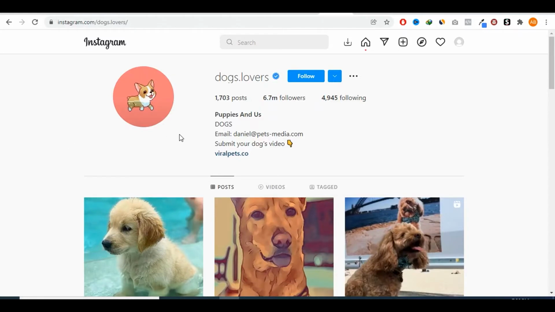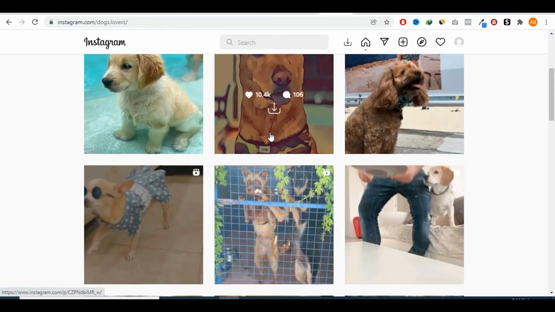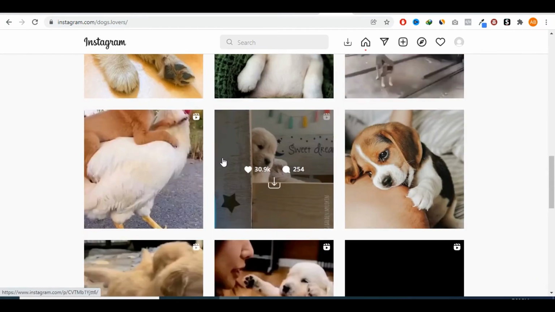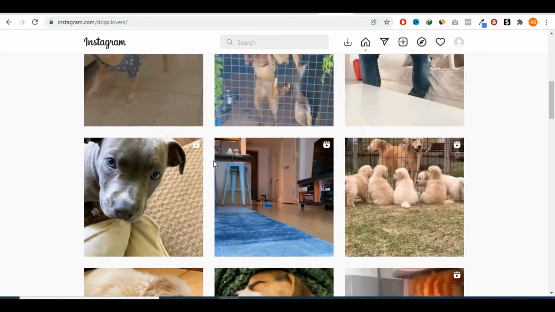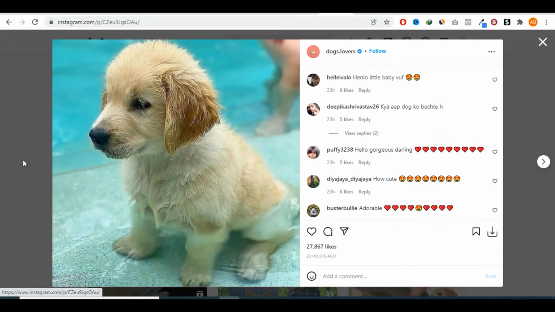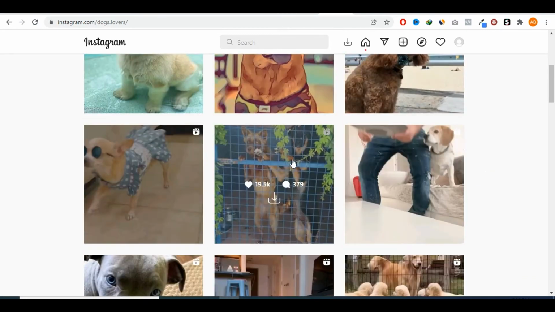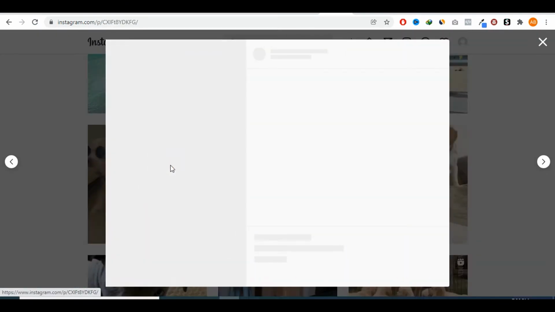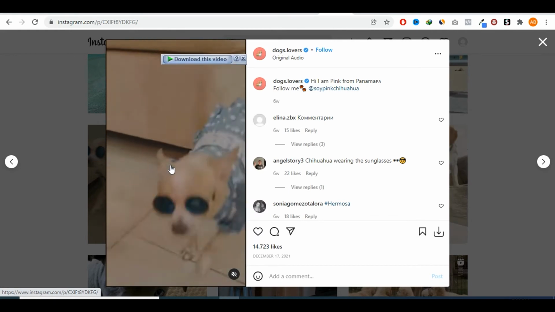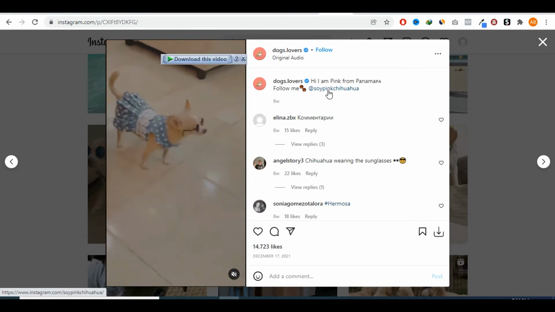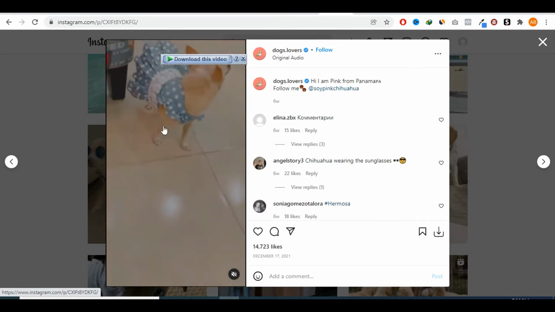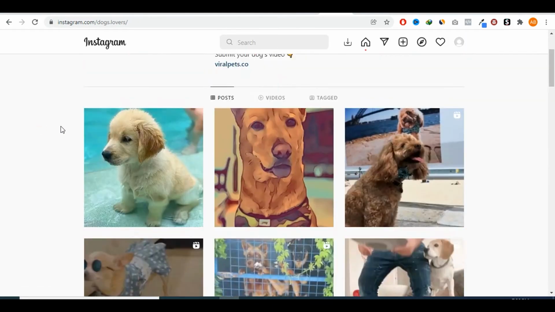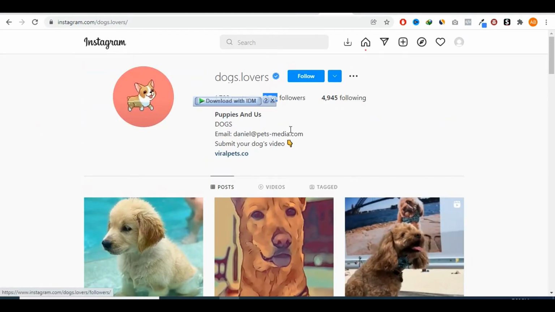For example, if you check this page here, Dog Lovers, they've got like 6.7 million followers. And basically all they do is create viral content about dogs from other pages. None of that content is their own, it's other people's content, and they're just posting it on their page here. And if I open one of those videos or pictures, you see that they give credit to the original poster of that piece of content, and they've been able to build a huge follower base of 6.7 million followers